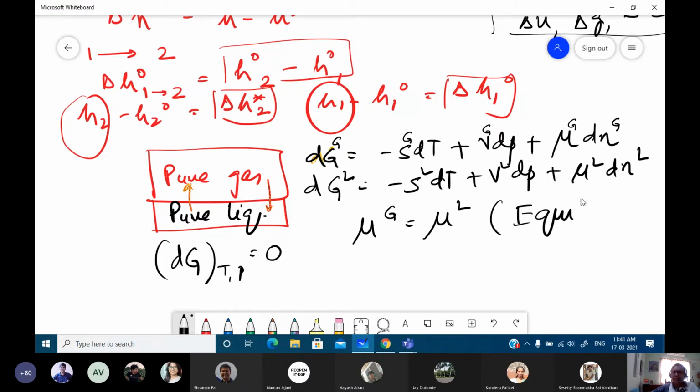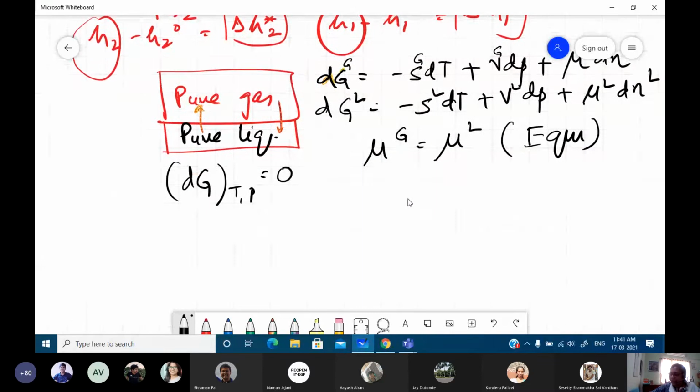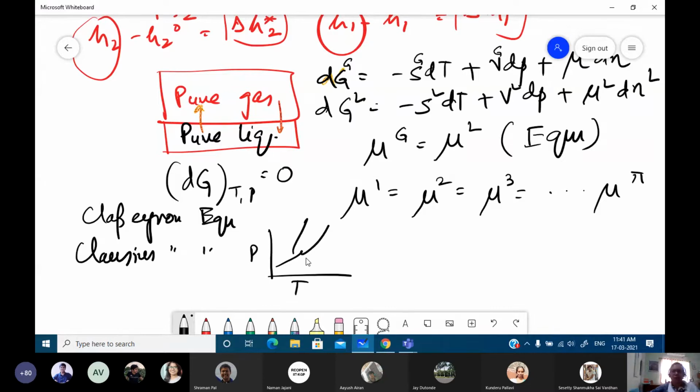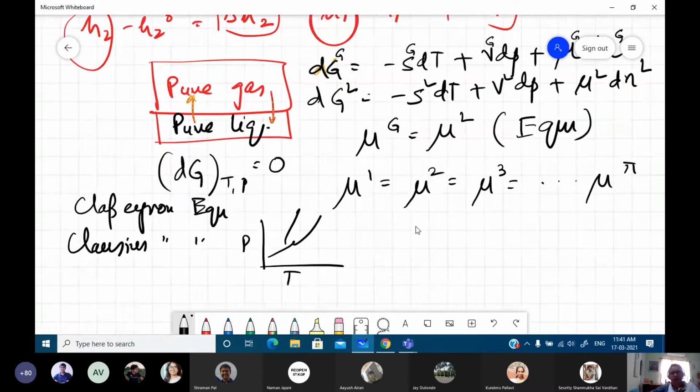So that was the next thing that we defined. It's not only for gas and liquid; if there are π number of phases in equilibrium, then this can be defined for the total π number of phases. Now, for one phase in equilibrium, from this particular equation we had derived the Clapeyron equation, the Clausius-Clapeyron equation. The importance of these equations is that they help us in defining the slopes of the PT curves. Right, that was important. Now, when we go for a mixture, naturally the situation becomes much more complex.